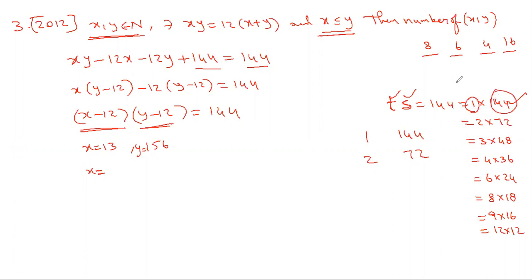That's all we need. We don't need to find the numbers, because the question asks the number of such ordered pairs. So this one is possible, no worries. Definitely y values are possible till here. To get this 16, this is also possible. To get some number minus 12 equal to 12, the number is 24. The last one, y is equal to 24.